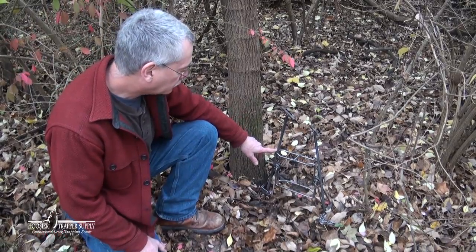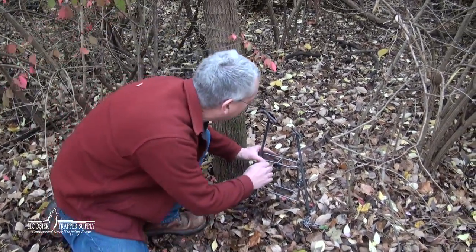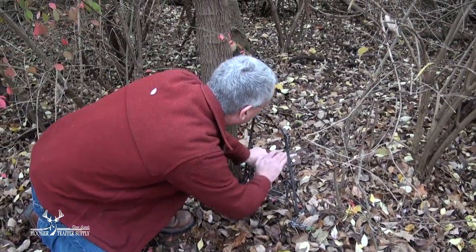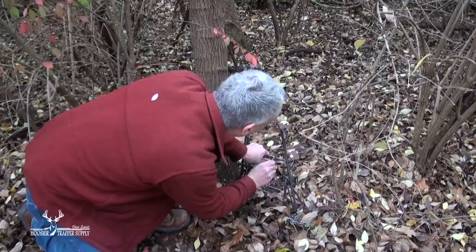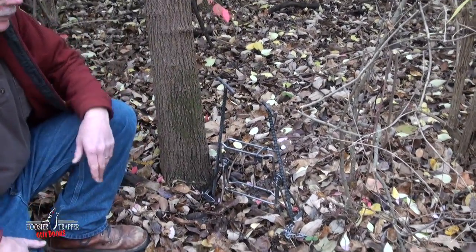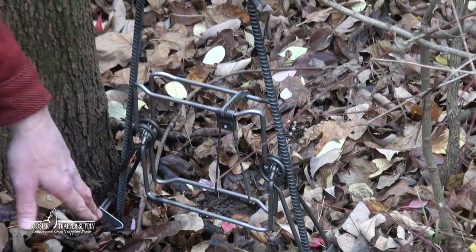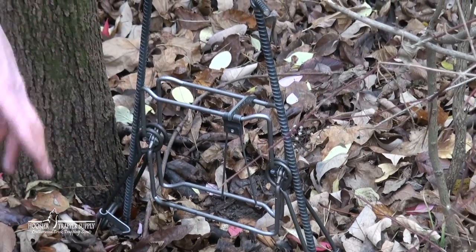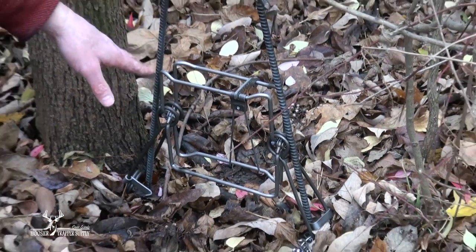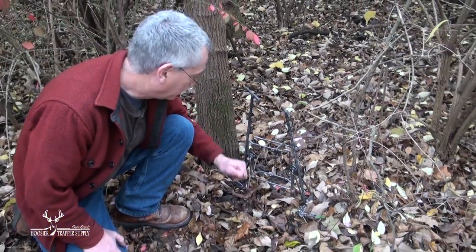The trigger, you can put it in the center. Typically, we're going to move it off slightly to the side, like so. That's our standard location. And you can argue till the cows come home whether the trigger's on the bottom or on the top. Typically, I'm going to put it on the top. Clearly, if the trap were directly on the ground, which I don't recommend, you definitely want the trigger on